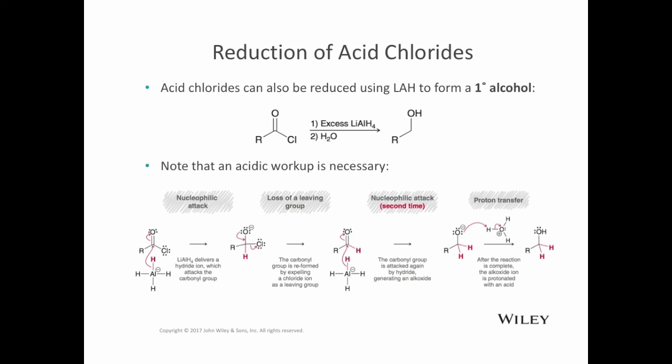Acid chlorides can also be reduced using lithium aluminum hydride to form a primary alcohol. So in this reaction, the hydride is going to add 2 times. So the first time the hydride adds, you form the tetrahedral intermediate, which collapses to kick off chloride. So here we're removing chloride as the leaving group, and we get to an aldehyde intermediate. So then the hydride adds a second time, and that's how we get our 2 hydrogens added. And with the acid workup, we end up protonating the O- to get to the alcohol